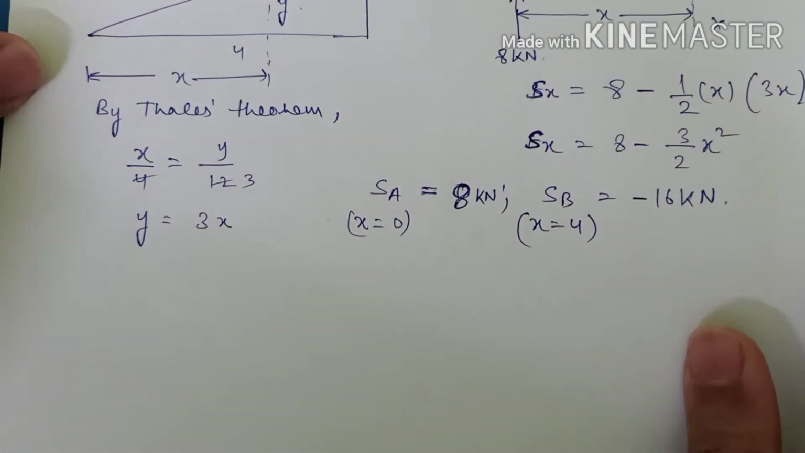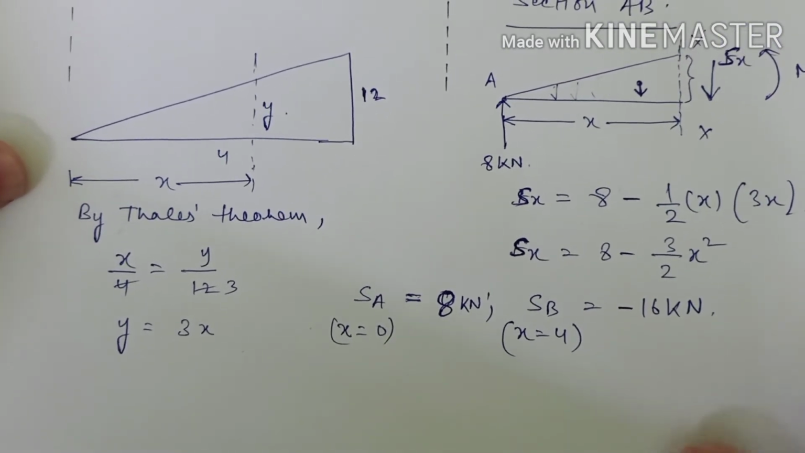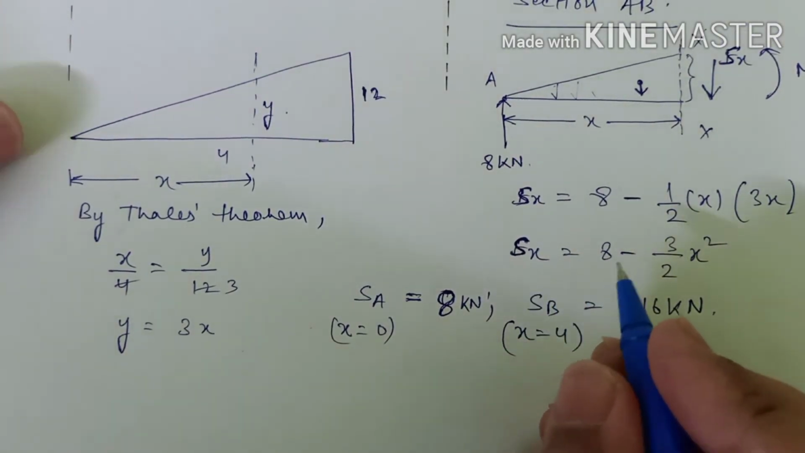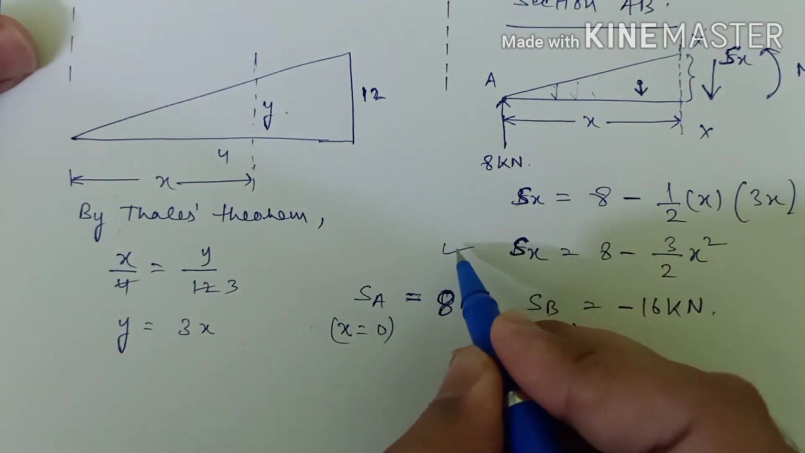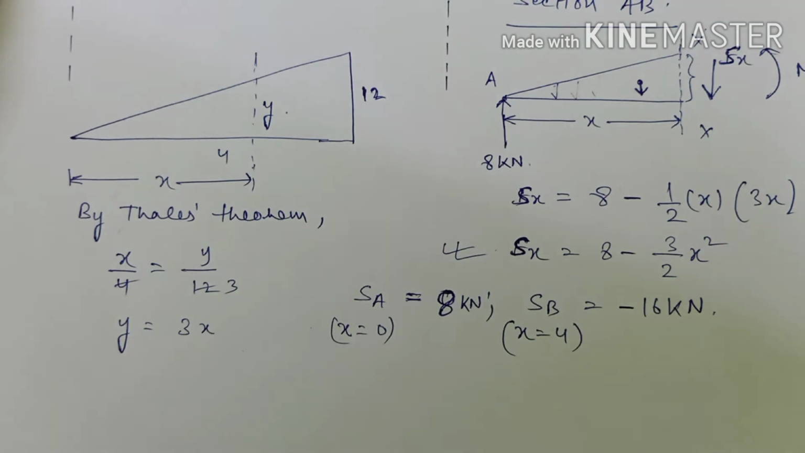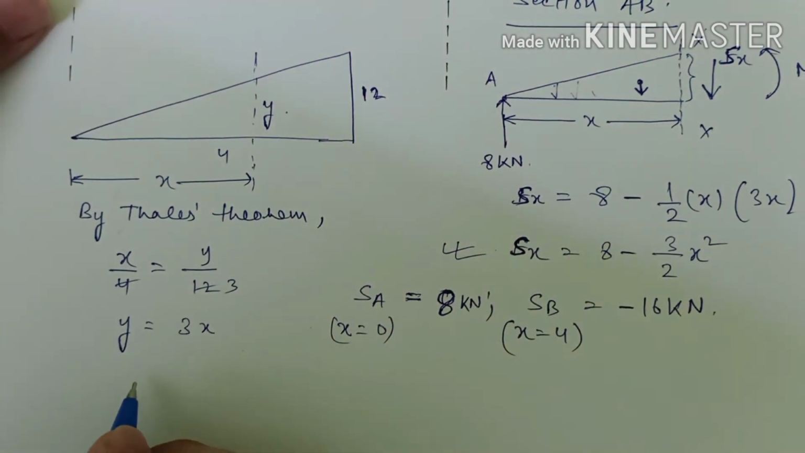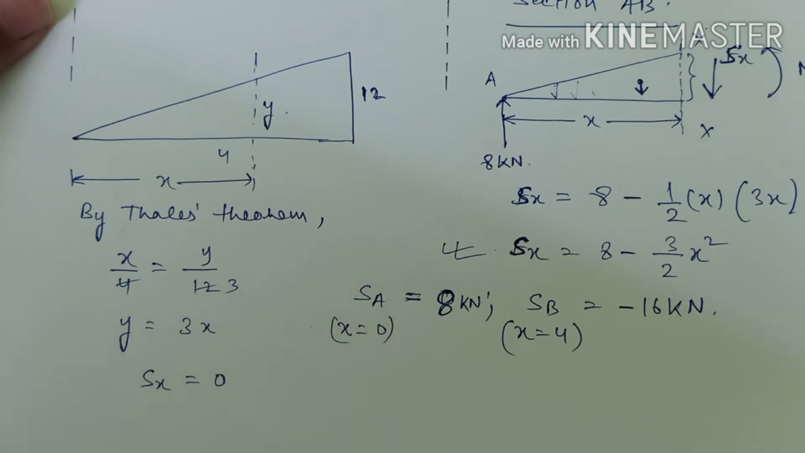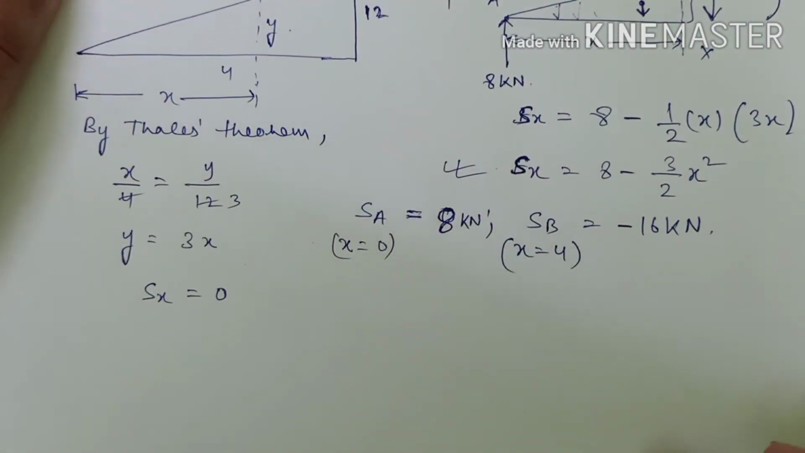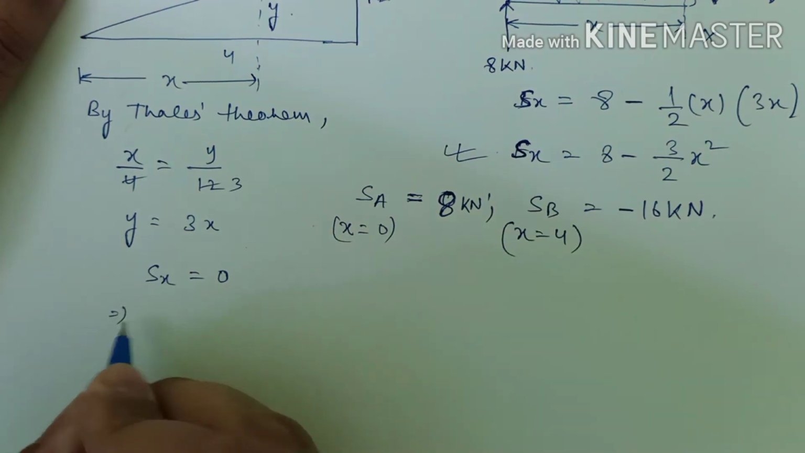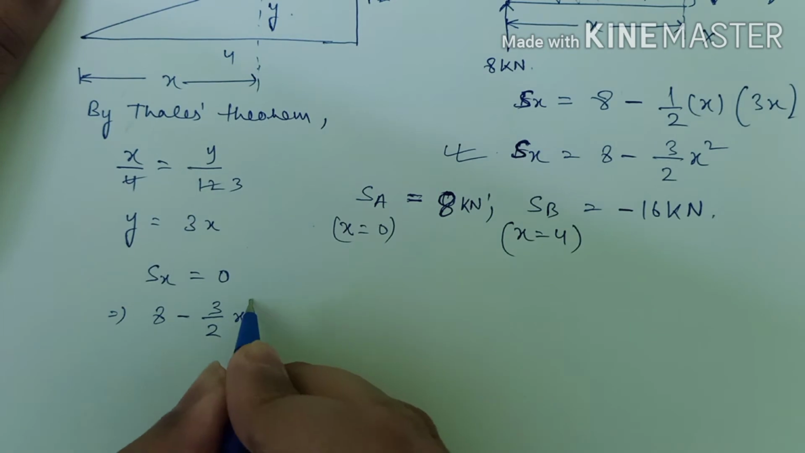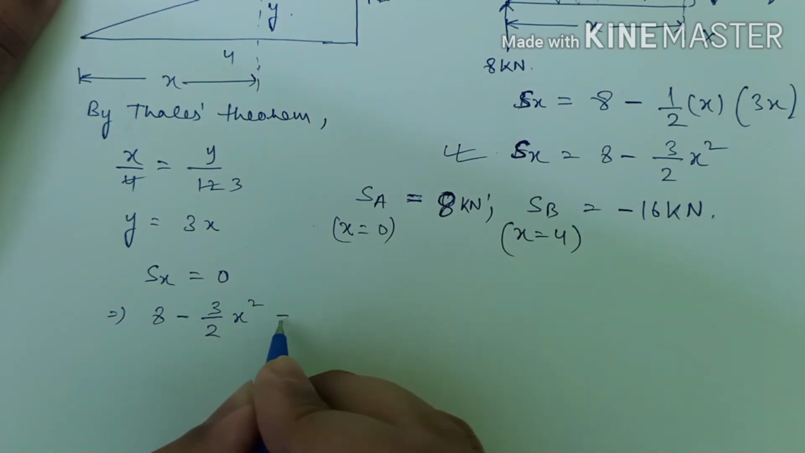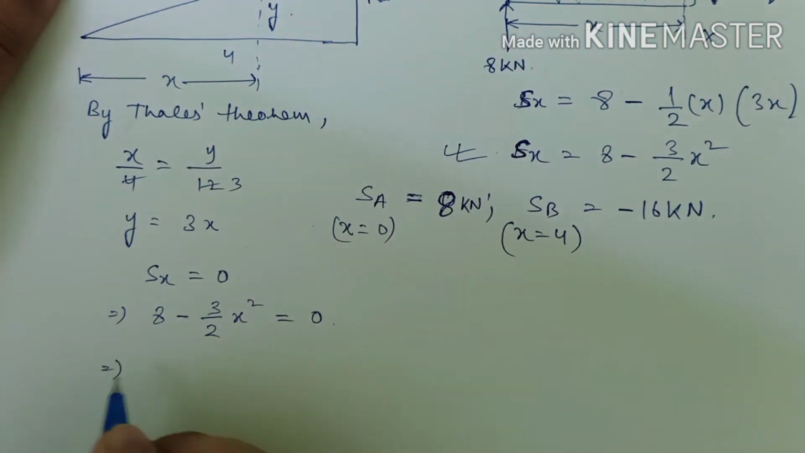So let us find it. I have told that the value of shear force at the inflection point is 0. So one thing we can do is equate this shear force equation with 0. We can write Sx equals 0 for finding the inflection point. That means 8 minus 3 by 2 x square equals 0. If you calculate this, the value of x you will get is